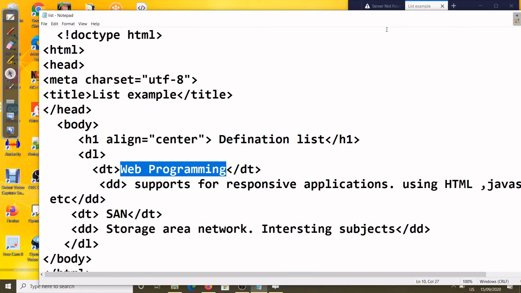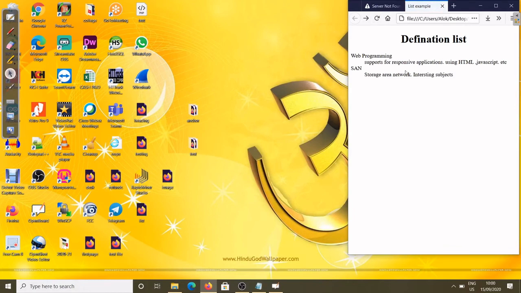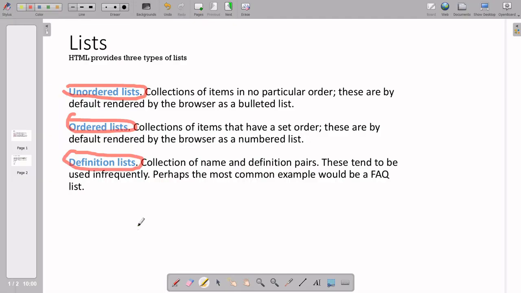We'll see the output: web programming in the DT, then again the DT, and again the DD is coming. In this way you can use the definition list. So these are the three lists. I think this concept is clear for you.